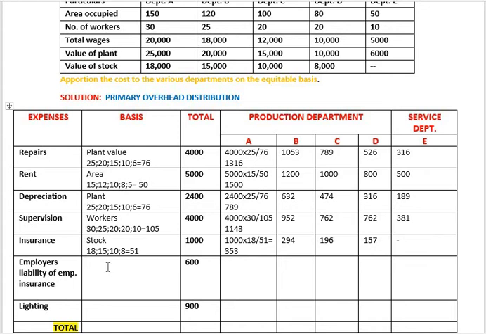So here employer's liability of employee insurance is distributed using total wages. What is the total that you are going to get? 65. So now distribute this. So 600